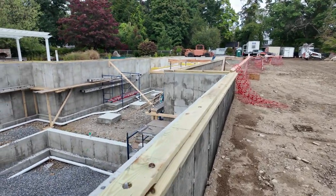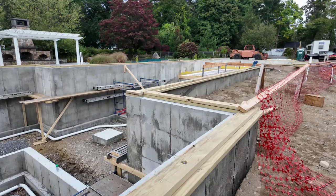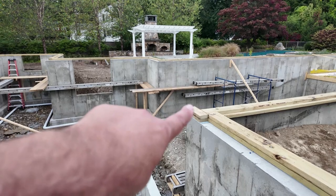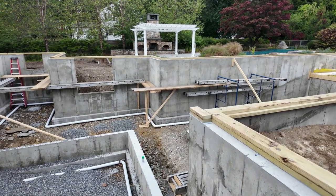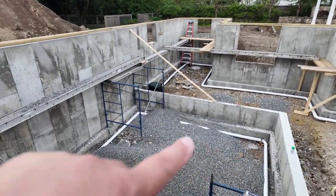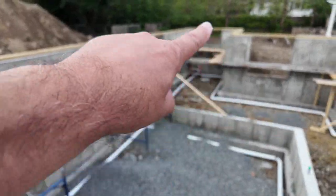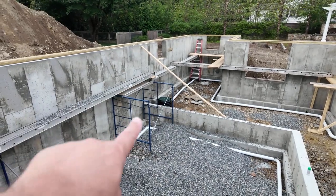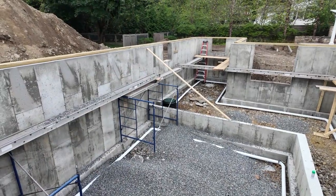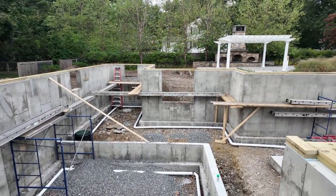You know, we're very fortunate. We got Brian out here from Howell Custom Building, and he is an absolute gem to work with. You can see he already anticipates for floor joist that needs to come out and catch there, so he has a couple extra blocks in there. But here you can see, we have that one pipe that comes down, and then it goes into that tower, and then everything up above goes in there, but the sump pump is down at this level, not up there. That just gives us that vertical kind of tower access, and you can see we have a couple windows there, the office window there,